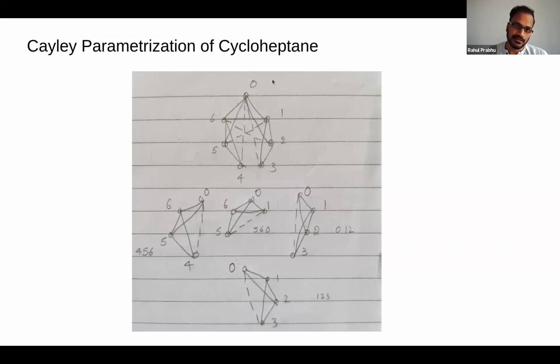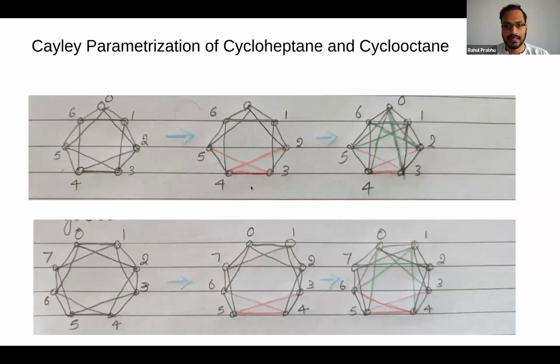So this is again cycloheptane. I've split this up into its 4 constituent tetrahedra, and each tetrahedron can be realized very quickly. So I have a triangle here, and I can intersect two spheres to get the two realizations and so on. So yeah, that's how we plan to generate the Cayley configuration space of the cycloheptanes.